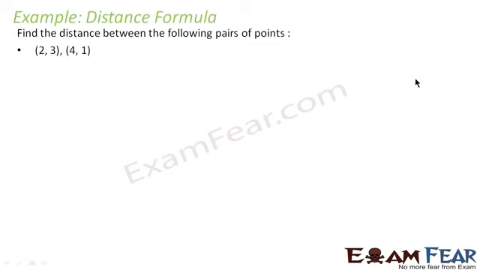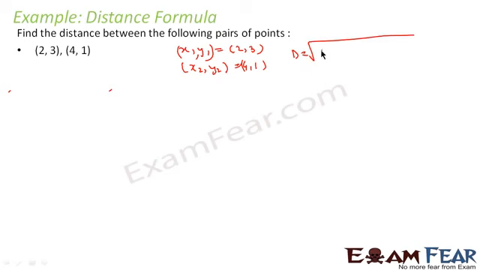We have to find the distance between 2, 3 and 4, 1. So let's solve this question. Here x1 y1 is nothing but 2, 3, and x2 y2 is nothing but 4, 1. Correct? Now let's find the distance. If you see, distance is nothing but root over x2 minus x1 square plus y2 minus y1 square,